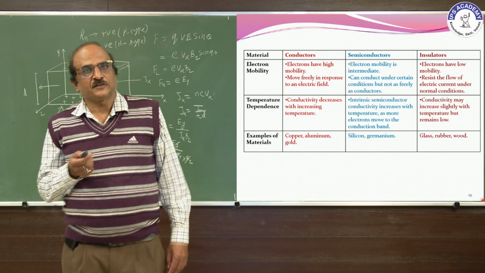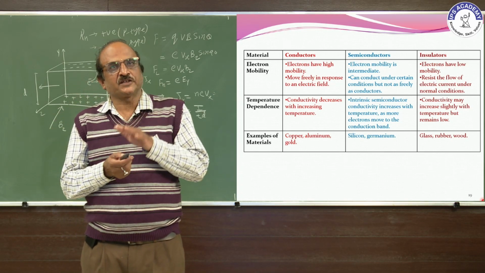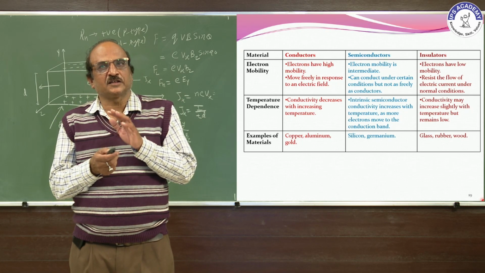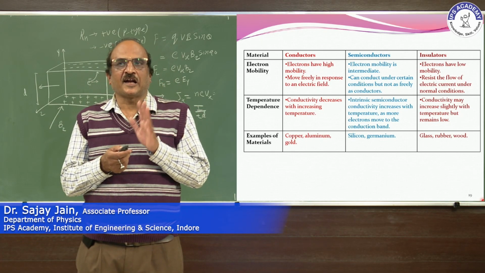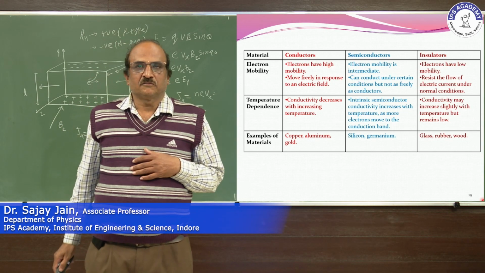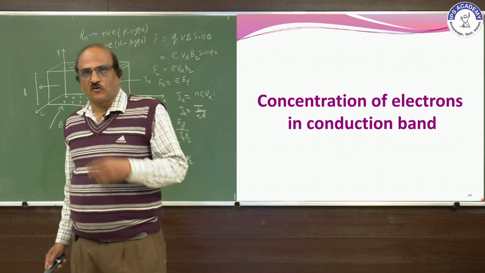For temperature dependence, conductivity of a conductor decreases with increasing temperature, in a semiconductor conductivity increases as temperature increases, and in an insulator it increases slightly with temperature but remains low. So there are examples. Now we can derive the concentration of electrons